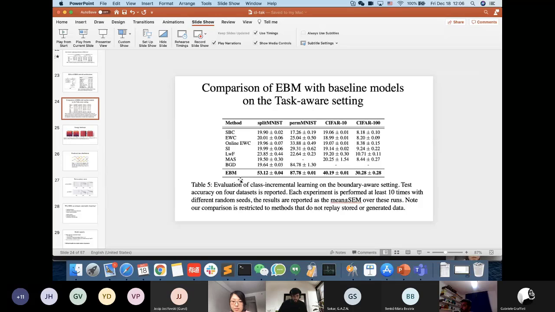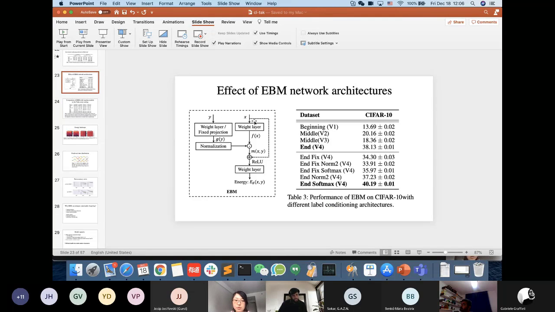Secondly, in terms of evaluation, our energy-based model takes a longer time because, as shown in this architecture, we need to feed in an X and all possible Y during evaluation, and we select the Y that has the minimum energy as our prediction. So this takes a longer time than the baseline models.